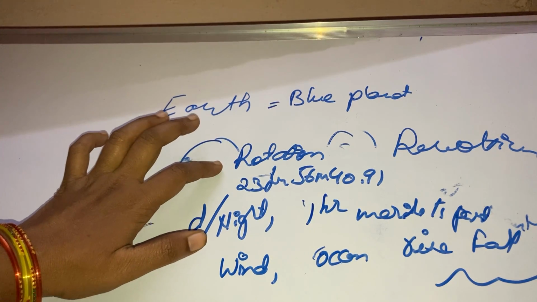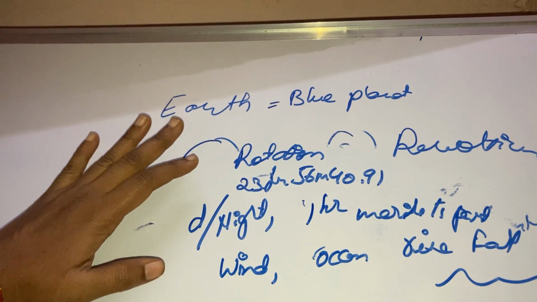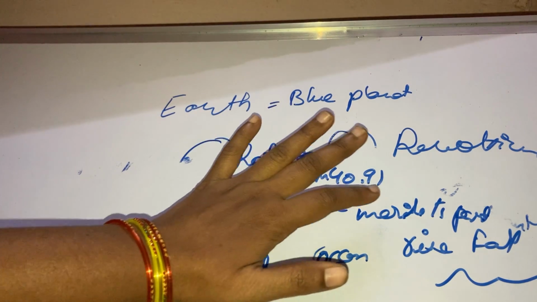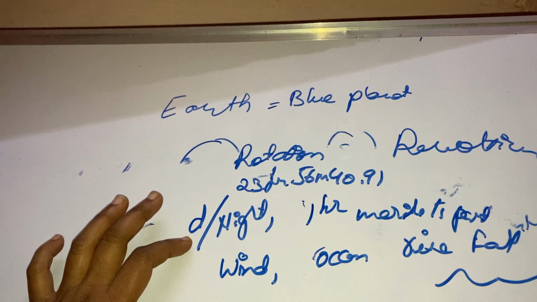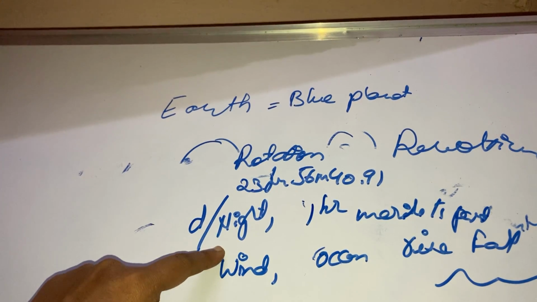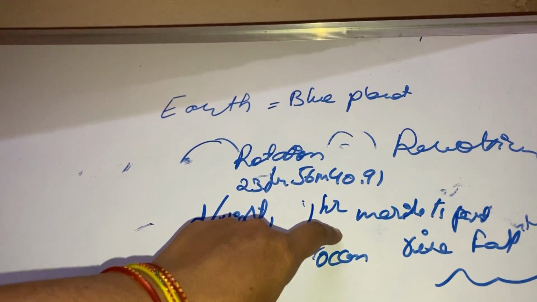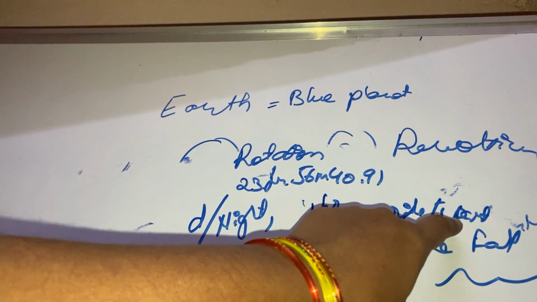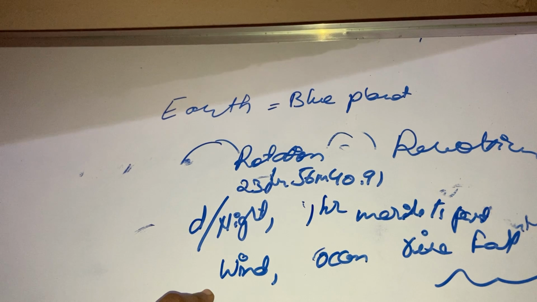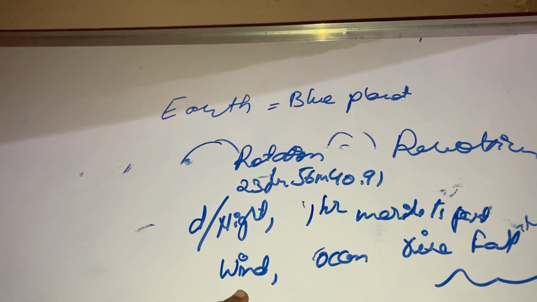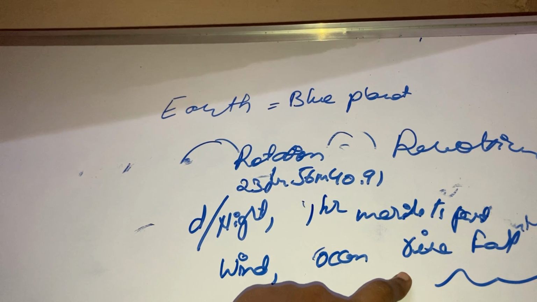Earth's rotation takes 23 hours, 56 minutes and 40.91 seconds. Due to Earth's rotation, we get day and night, and a 1 hour difference between meridians. Due to Earth's rotation, there is also a change in the direction of wind and ocean currents, and the rise and fall